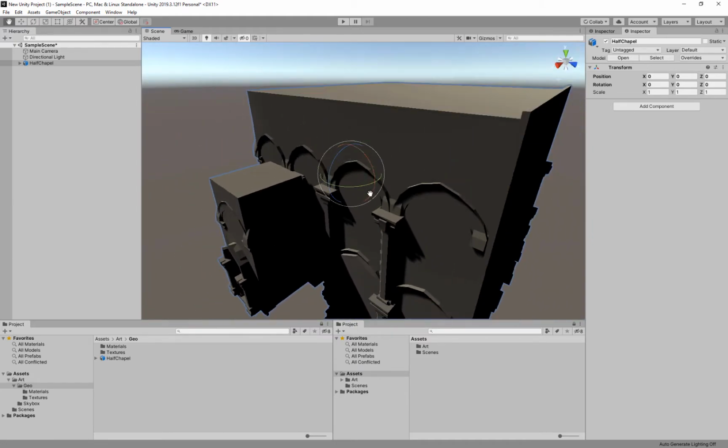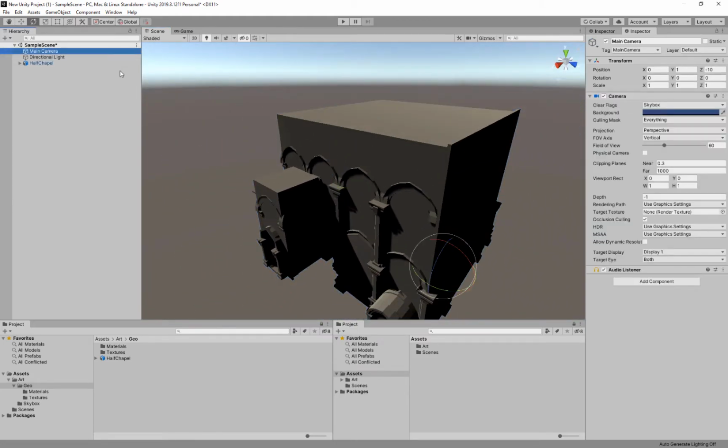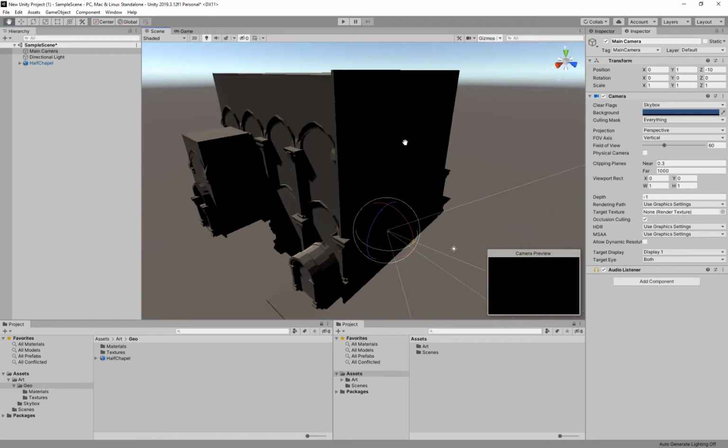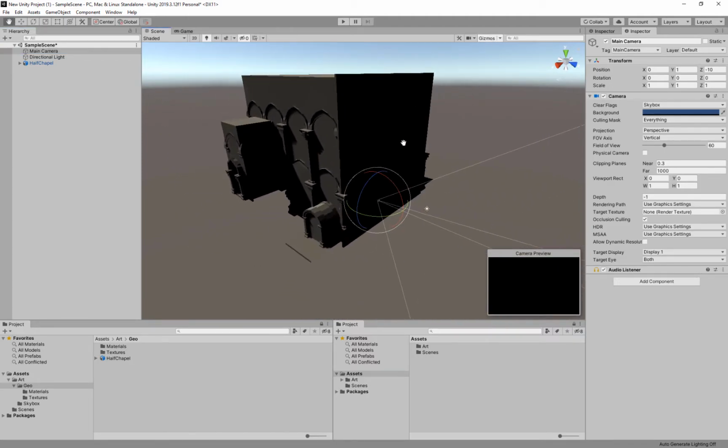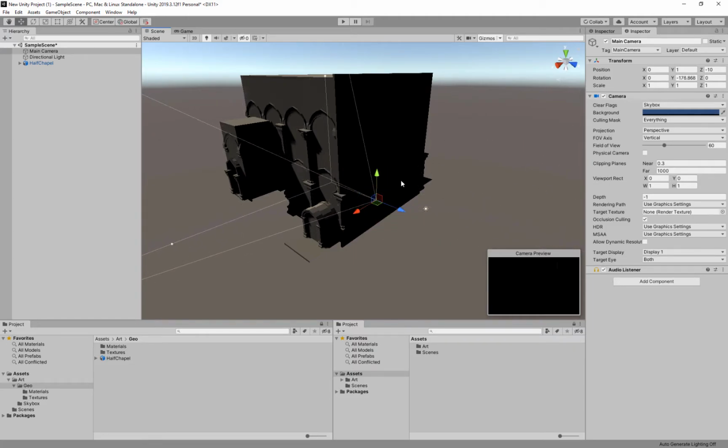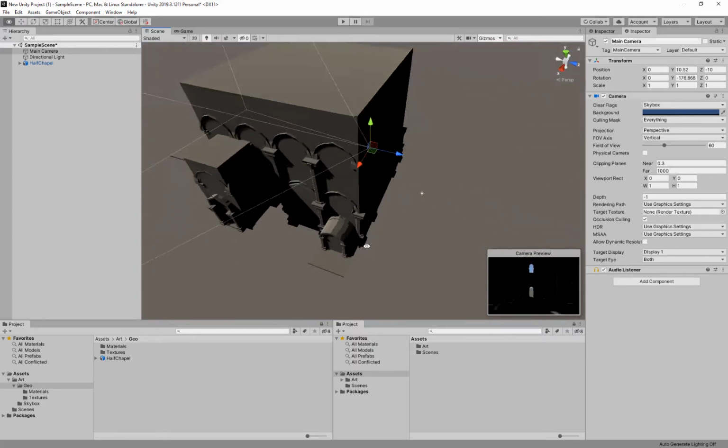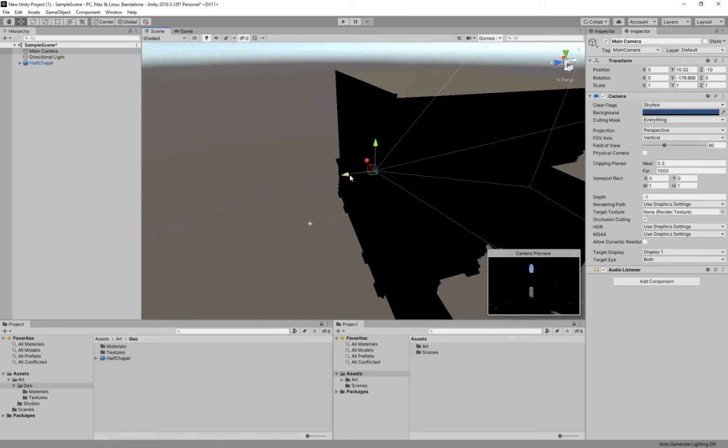There's a couple of things I probably want to set up first. I want to set up my camera. I'm going to make sure my gizmos are on at this point. So my camera is facing the wrong direction, which is fine. We're going to face it in the right direction real quick. I like to set up my camera first just to get an idea of where everything is. I'm going to move this in a little bit so we can see now that I'm looking through the doorways,